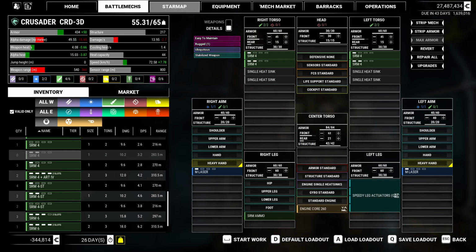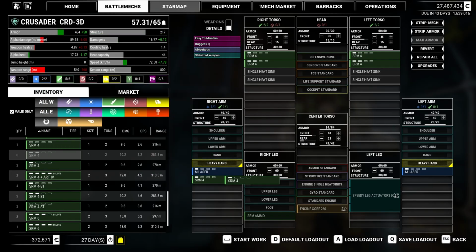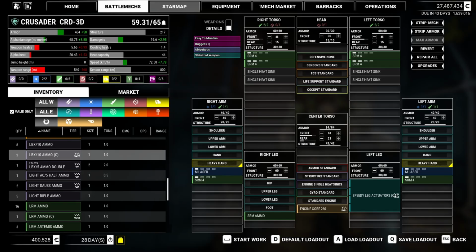Wish they were higher tiered. That's okay though. All right, and we can put 1 over here. Quite a bit of tonnage. So we probably could have done more, but we need it for the ammo and the heat sinks. We're gonna have to get rid of all those single heat sinks, I think. I probably should have kept that